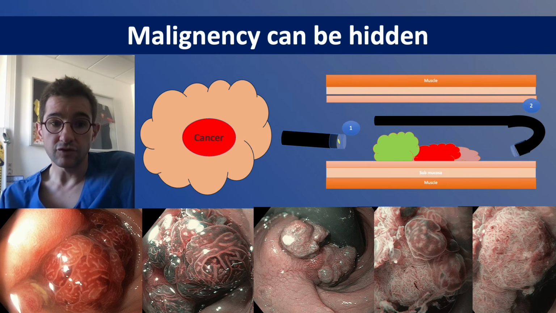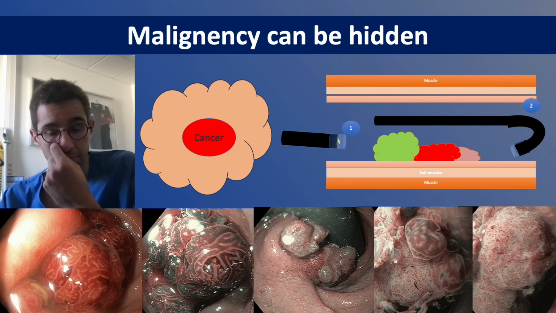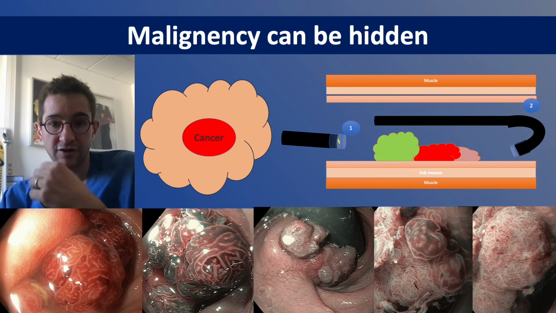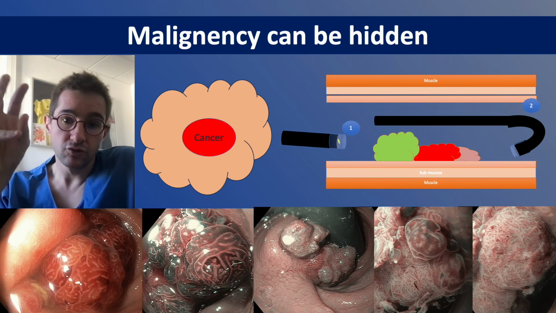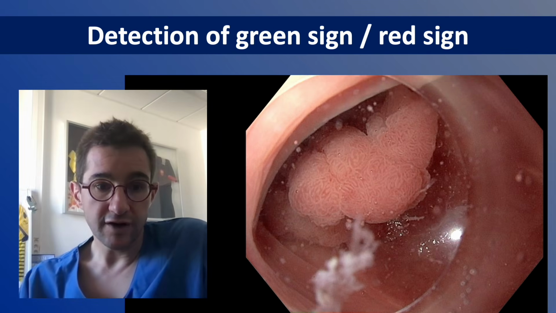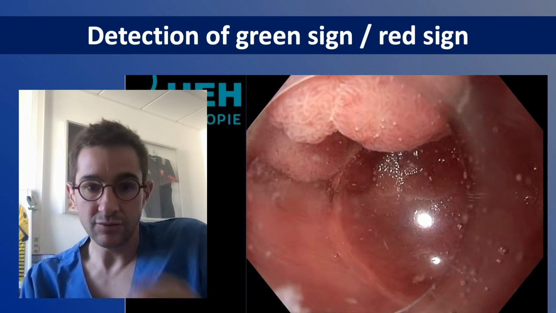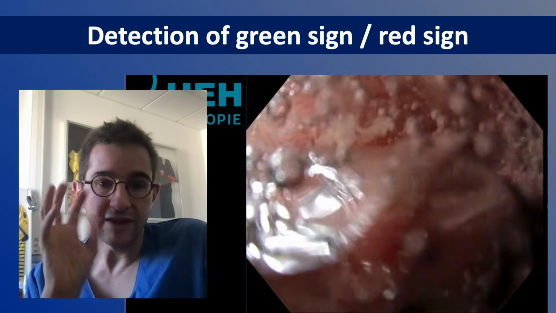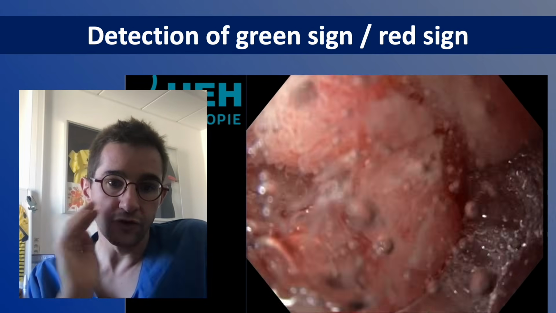It is very important to know that it's difficult to find these T1 cancers, and to find them you should have a complete exploration of the lesion. It means in both direct viewing and retroflexion, because sometimes it's difficult to see within a lesion the area of malignancy. Another example of a red sign area, which should really be a red flag for you to focus your